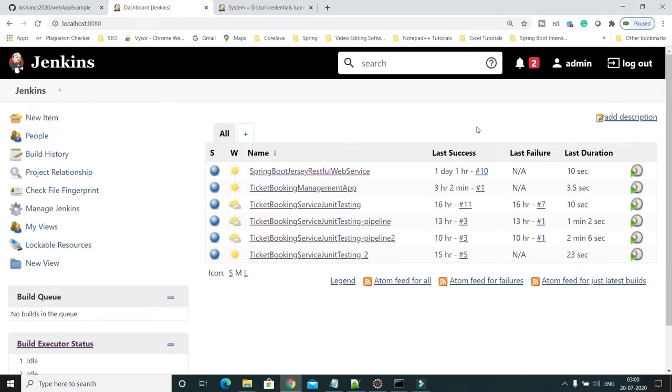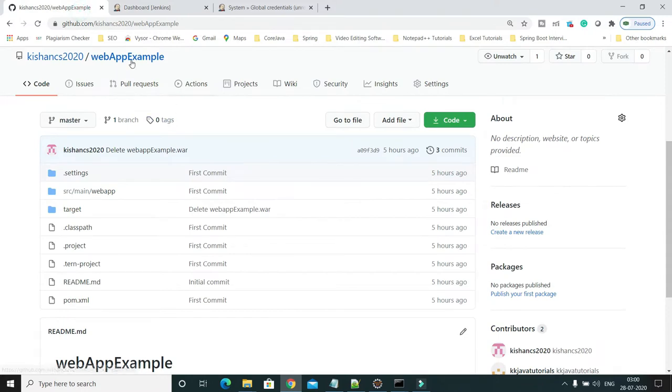In this video tutorial, we will learn how to deploy a war file on Tomcat from Jenkins. Here in Jenkins, we will configure a job that will pull code from GitHub, build and package it, and after packaging generate a war file.